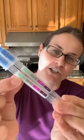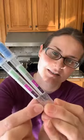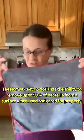What these do is they test for ATP and protein on a surface. This is really well known in the medical field, restaurant industry, hotels. The green is good, not contaminated, and then anything below that means that the surface is contaminated with protein and ATP. I am going to, instead of using the Envirocloth, which is what we would normally use, I'm gonna actually